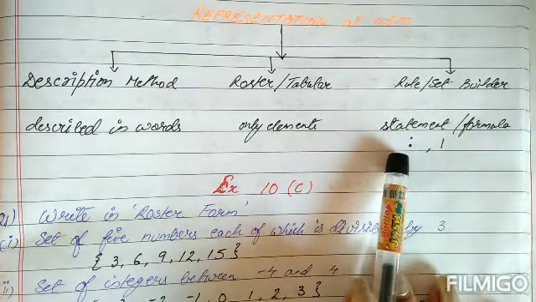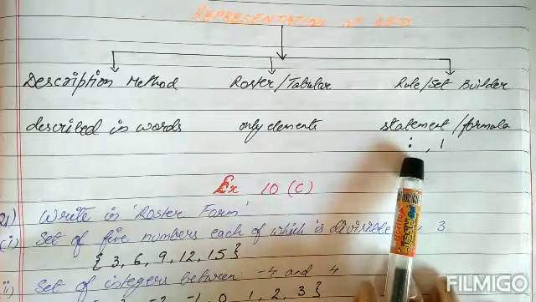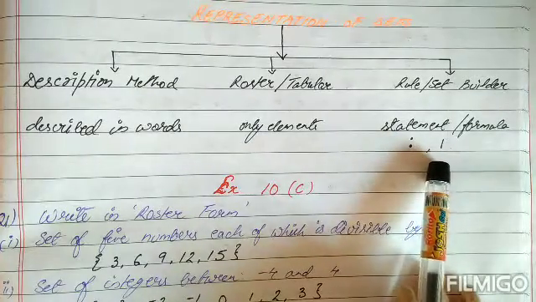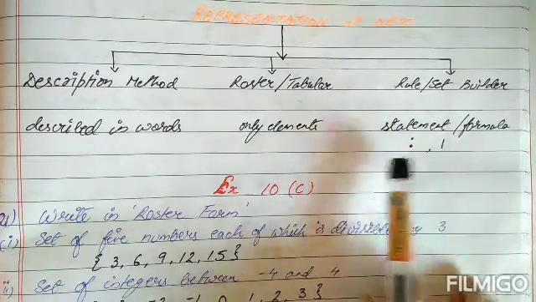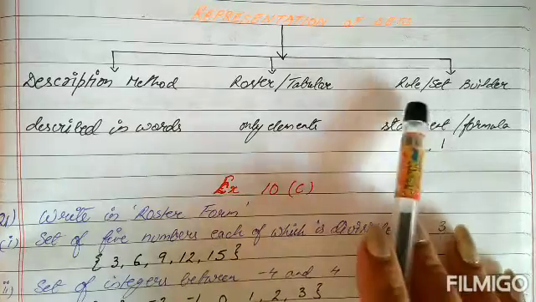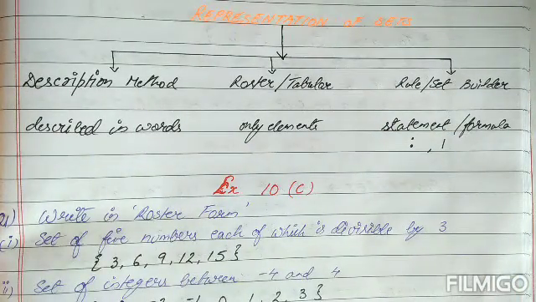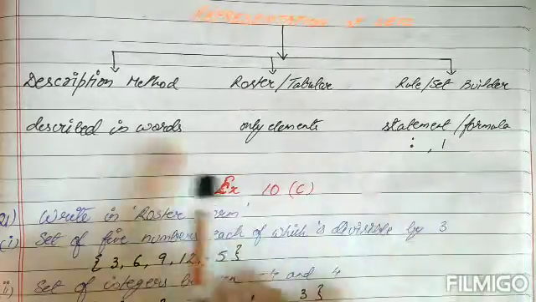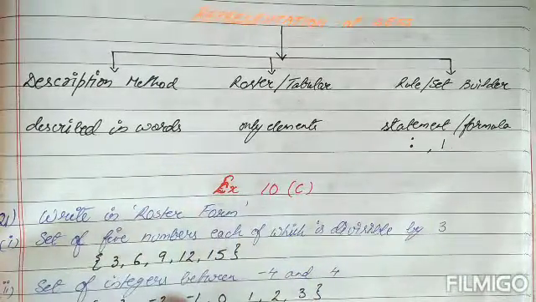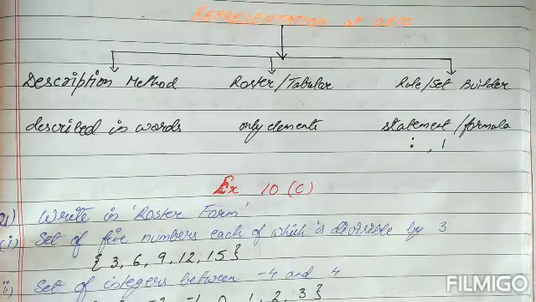We also make use of two symbols, children. See, if we put two dots like this, or we make a straight line, then this is also being used while we are writing in set builder method. Now with this, I hope this is understood. Now, as I'm going to explain exercise 10C, few questions I'm going to work out for you, so you'll be able to understand it better.